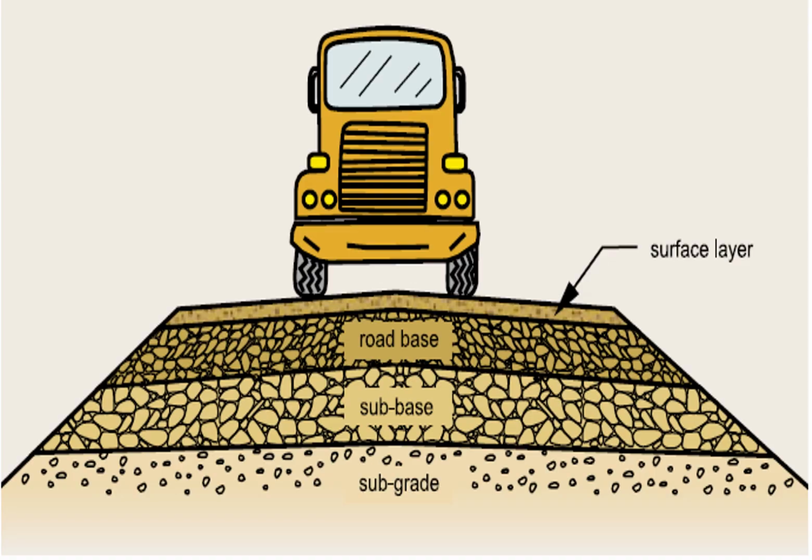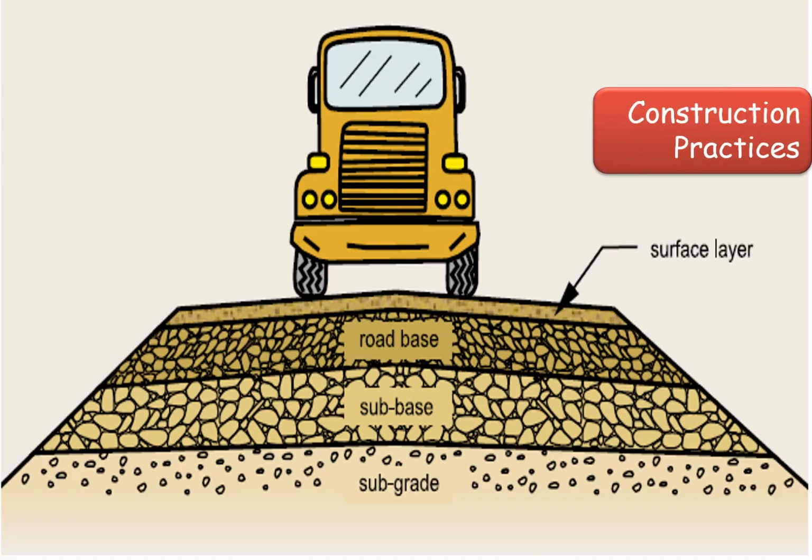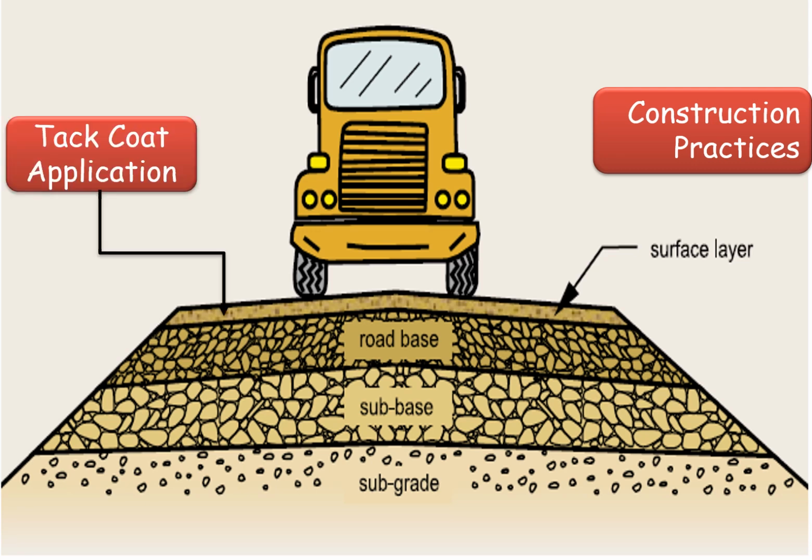If you see the cross section of the road and the construction practices involved in making a flexible pavement, you have a number of layers starting from subgrade, subbase, road base, and then the asphalt layers. Prime coat is generally applied between a road base and the asphalt layer, that is between the non-bituminous layer and the bituminous layer. But a tack coat application is generally done between the two bituminous layers, or when the prime